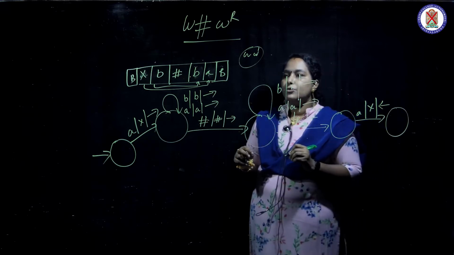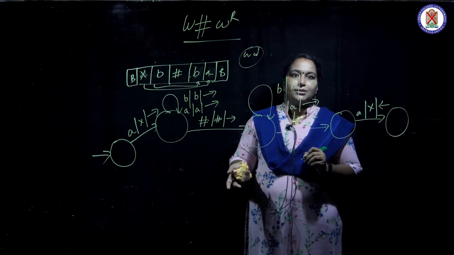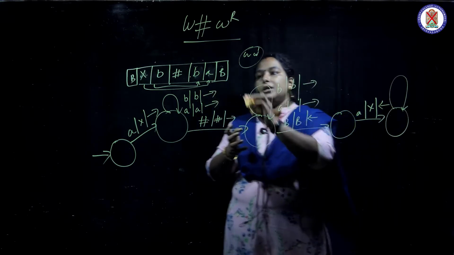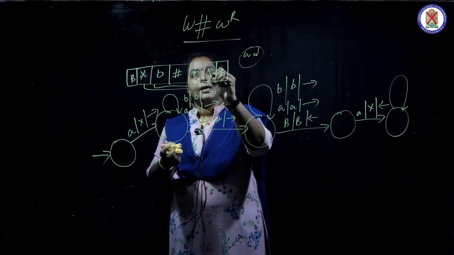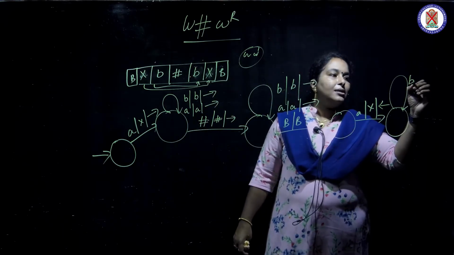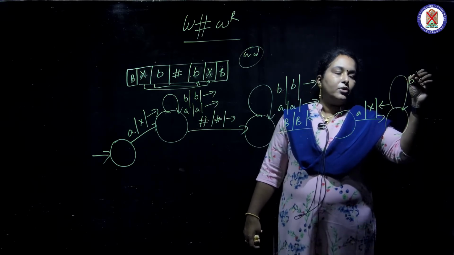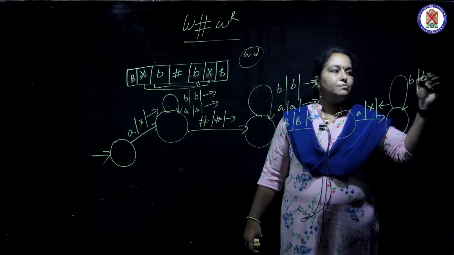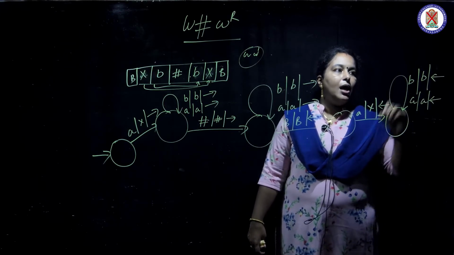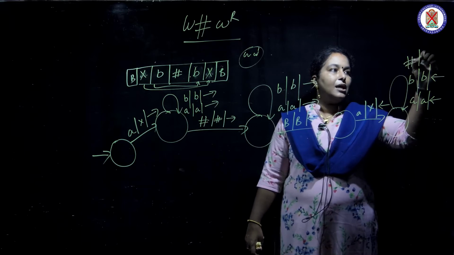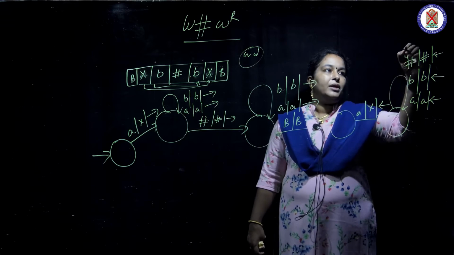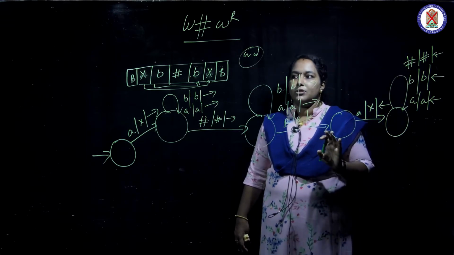Then what we have to do? We have to bypass all other conditions, isn't it? So in between I have made it X. In between there will be a blank. Sorry, not blank: B comes, I make it as B and move backward. When A comes I make it as A and move backward. Hash comes, I make it as hash and move backward. In the backward direction also, A comes or B comes, we have already written that.